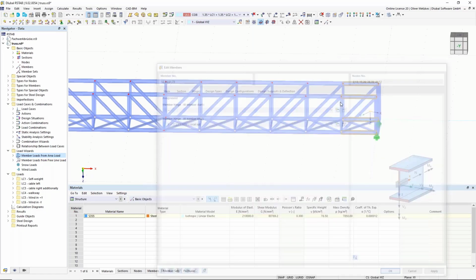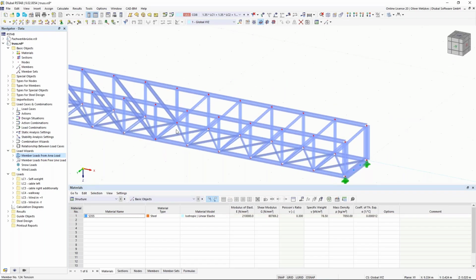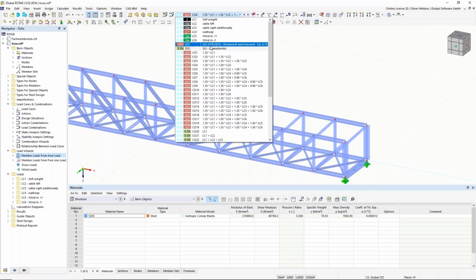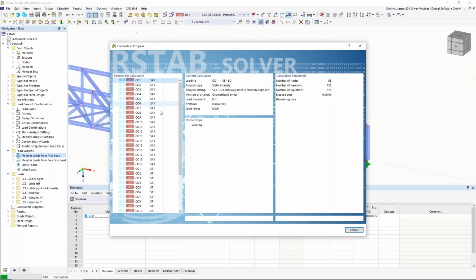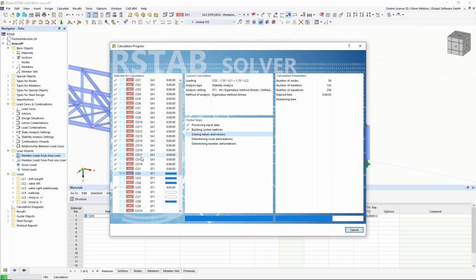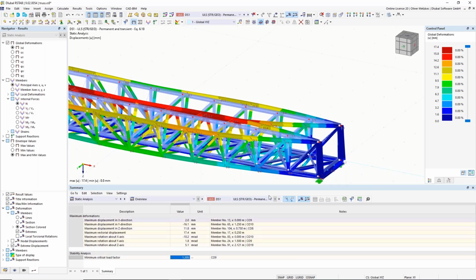Okay, so I have the hinges here, but the important change now was the insertion here of this frame in the middle. And if we now look again, for example, at this combination 8, or we can calculate design situation number 1 again, then you see it again, static analysis for all those 19 combinations and also stability analysis for all the combinations. And now we see the result. Now the governing load combination would be combination number 9, but the minimum critical load factor is now 1.2. So if you now look at combination number 9,